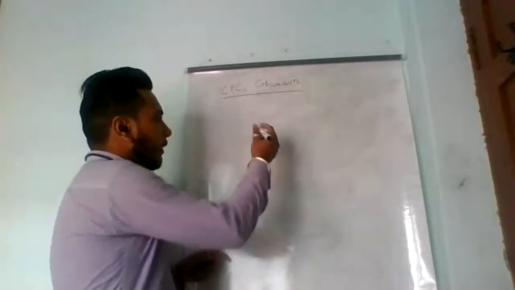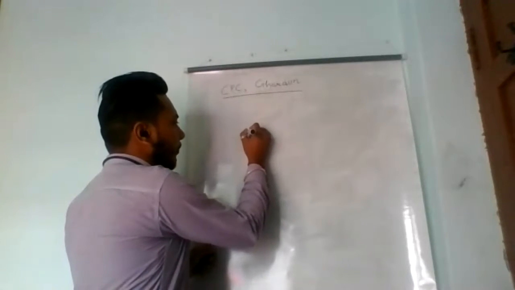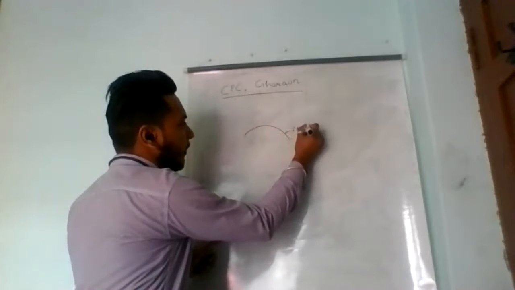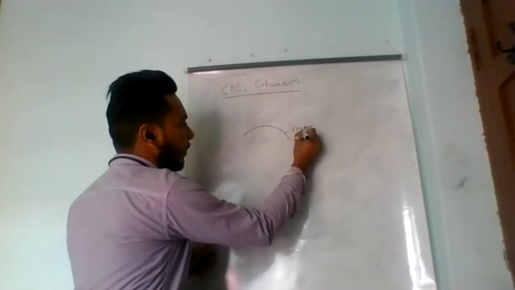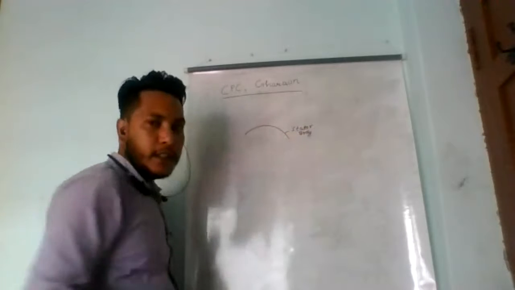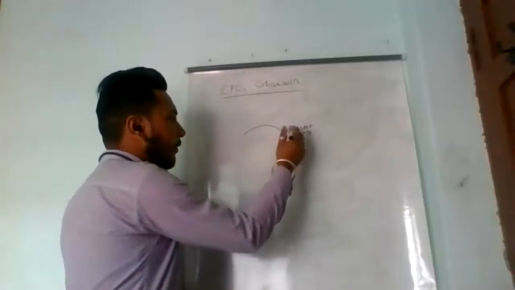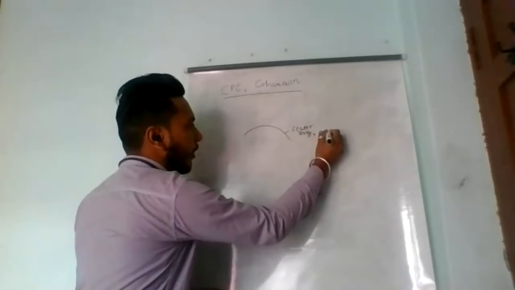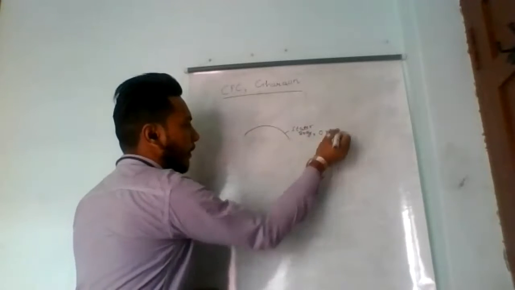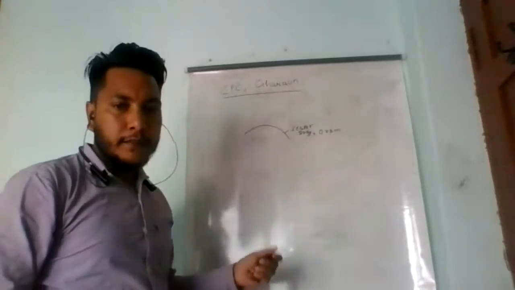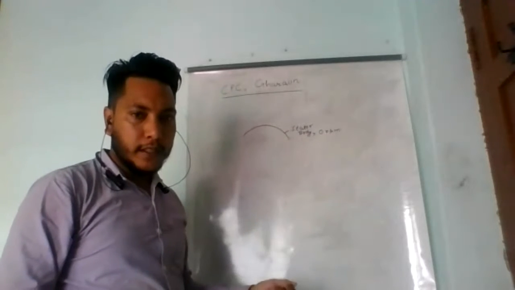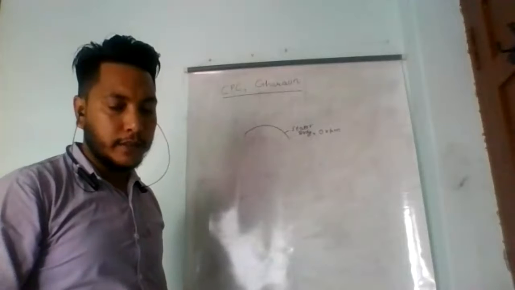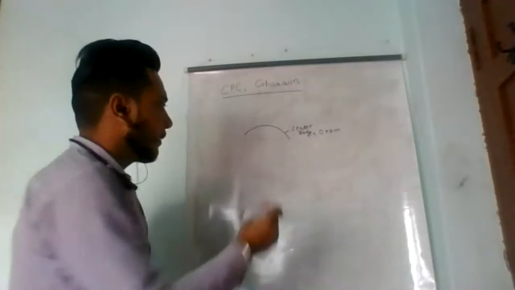For example, first, if we consider this as the stator body, as we know, the stator body is the stationary part. Therefore, the speed of the stator body is 0 RPM. After the stator body, when we give three-phase supply to the stator of the induction motor, a three-phase rotating magnetic field is produced, which is created at a speed ns.